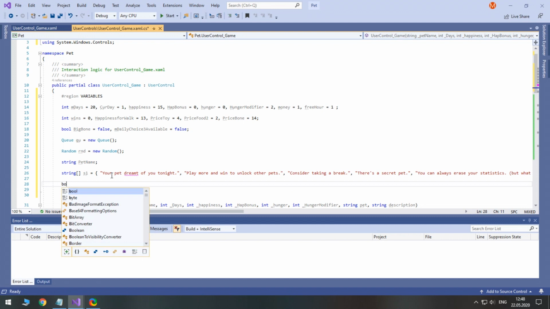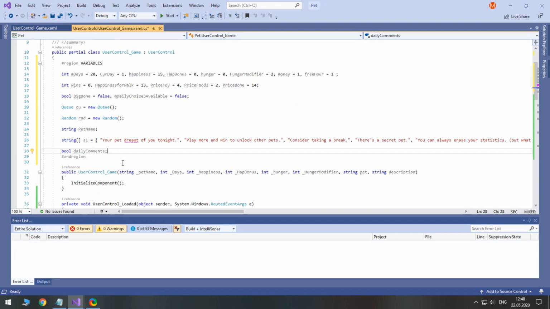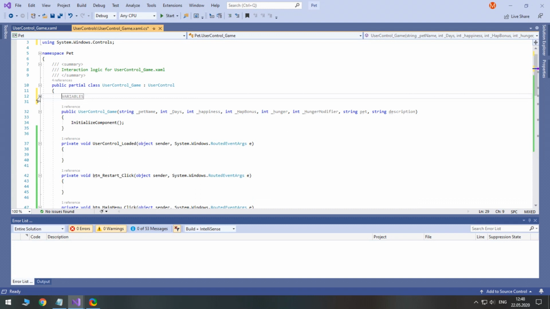Let's create a boolean stating whether the game shows daily comments. We are done with the variables region.